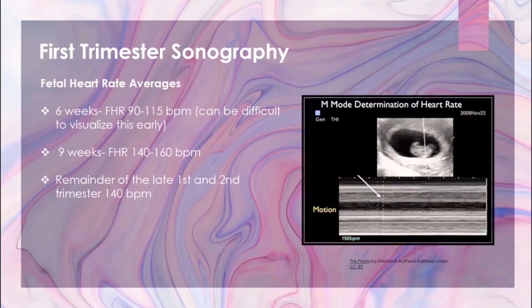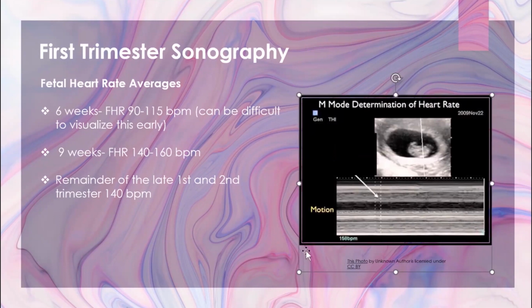That screen was a little bit difficult to see, so I did add an image that has better description of what's going on here. So when you turn M mode on, the cursor will drop into the image. You're going to put it directly over the fetal cardiac motion. And then when you activate the M mode, it will give you a picture. And these are very small here, but there are blips. You can look at the fetal heart rate and watch to make sure that you agree